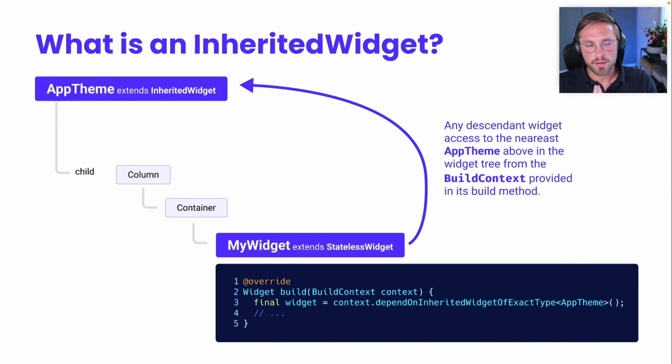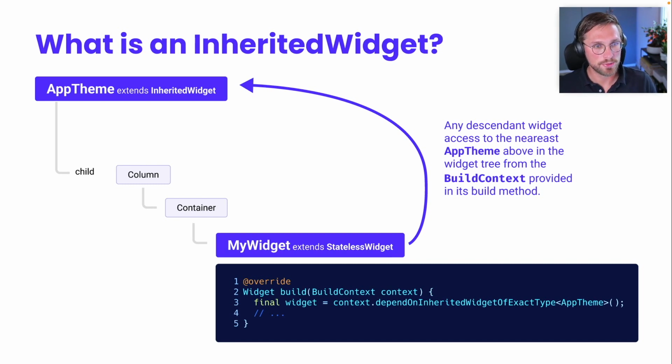So what is an inherited widget? An inherited widget is a widget that can be accessed from any one of the descendants of this widget. So you can access it from the context, from its build method. It allows you to share data with the whole widget tree. And as you could imagine, it's really useful for our use case. We will be able to share our colors, our typography, and so on with the rest of the other widgets